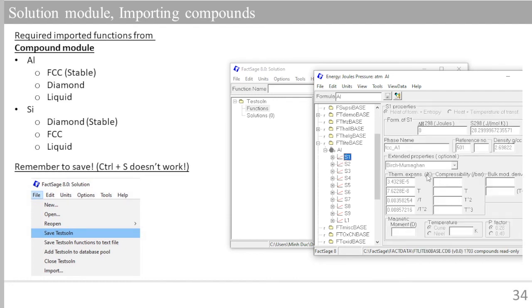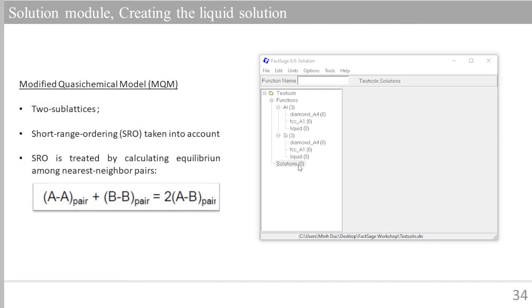So when you find the proper allotropic form, this page will give you the enthalpy at 298 Kelvin, the entropy at 298 Kelvin, as well as the Cp. So how we take this information is we simply click on the allotropic form and drag it to function, and repeat that for all of the phases that we need. Now that we have all the functions that we will require, we can begin with the first solution, which will